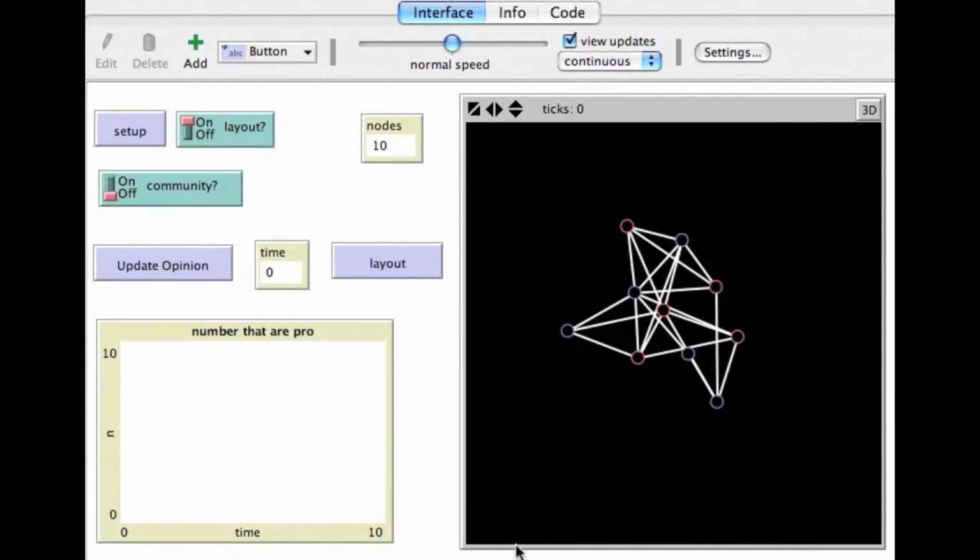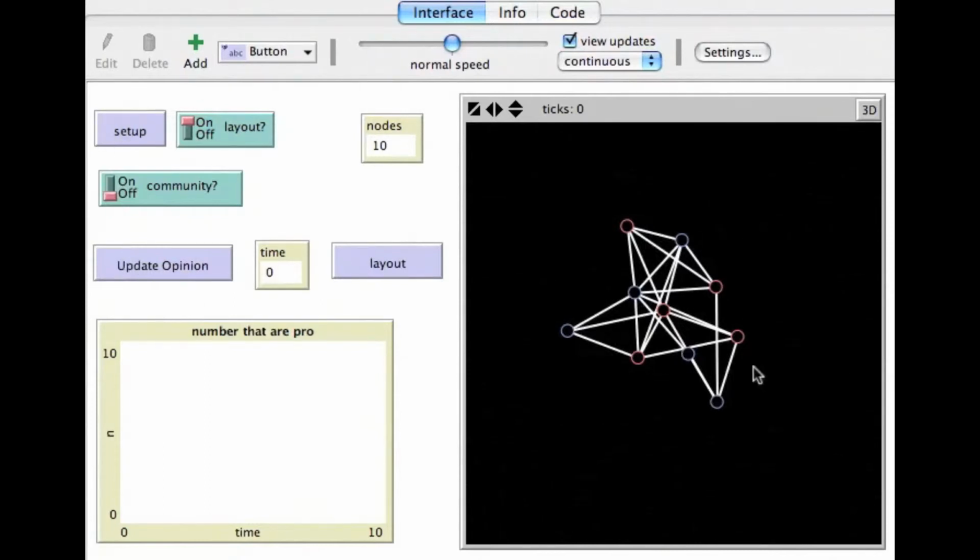Now we have two different types of opinion in this network. One is represented by red and one is represented by blue. For each time stamp of the clock, every node will look to see what opinion its neighbors hold, and if the majority of its neighbors are blue, it will turn itself blue. If the majority of its neighbors are red, it's going to turn itself red. And if it's equal, it's going to flip a coin and determine, based on a coin flip, whether it's going to go red or blue. So let's play this out and see what happens.